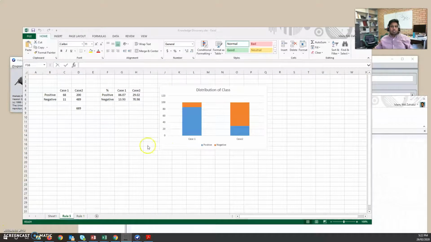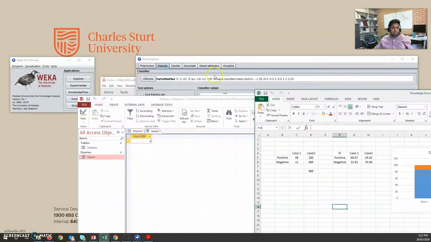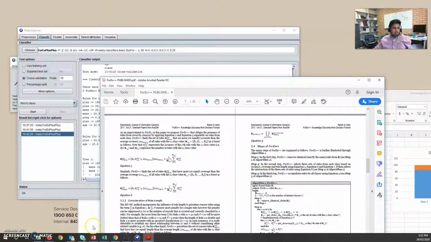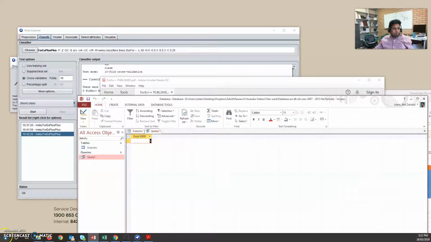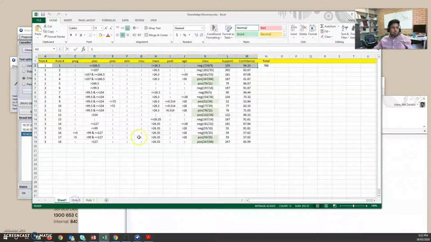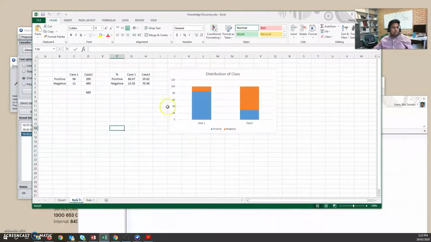We can graph these numbers, say case 1 when the rule is like this, for this first rule, and case 2 is just the opposite of that, and we can see how many records actually belong to those rules. And this way we can also